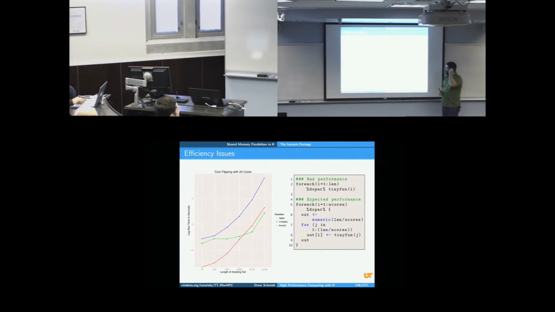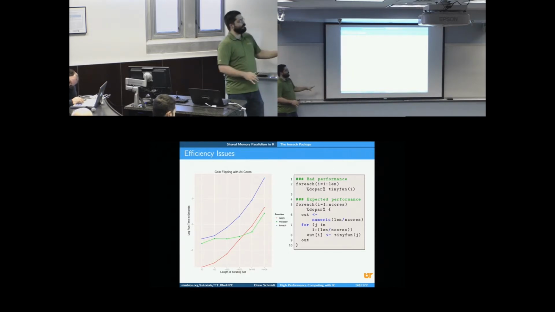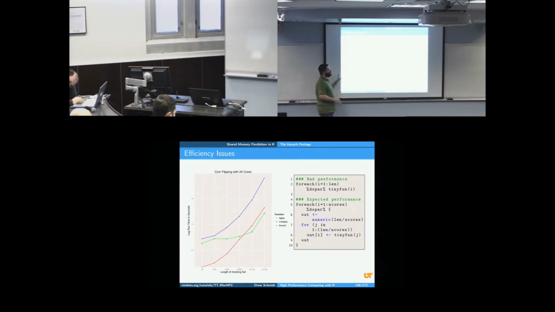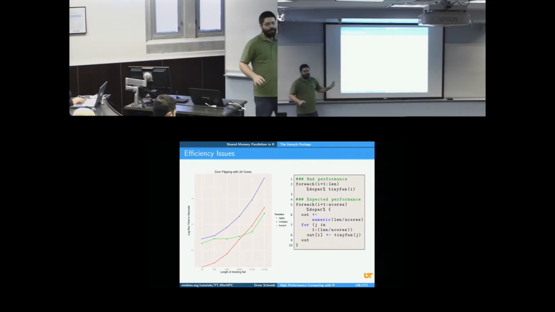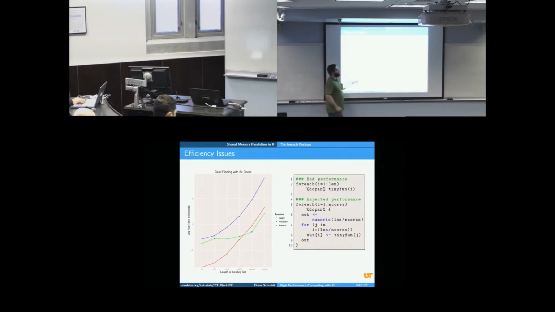You just have to be careful and be aware that in this case, what you should really be doing is chopping up the job and distributing it out into chunks to your cores, in this case 24 cores. And this shows you exactly how you would do that. If you don't, you will get some really, really nasty performance problems. So just to call your attention to it, that does exist. As long as you're aware of that, foreach is great. But I see this kind of stuff in the wild, and you're going to tank your performance if you're not